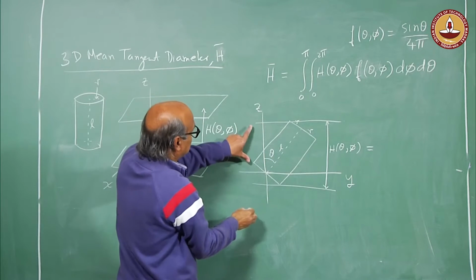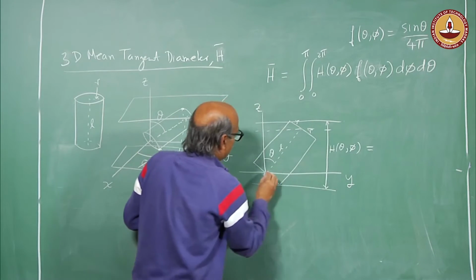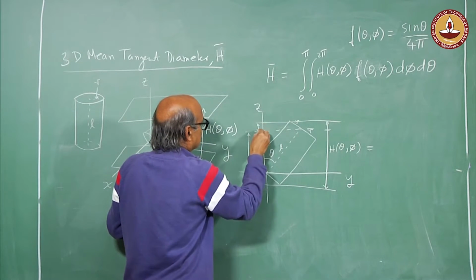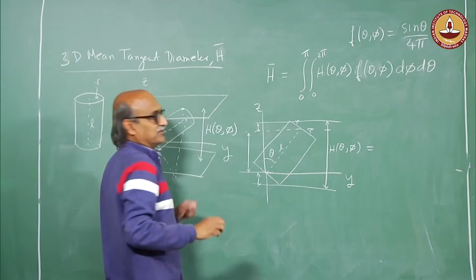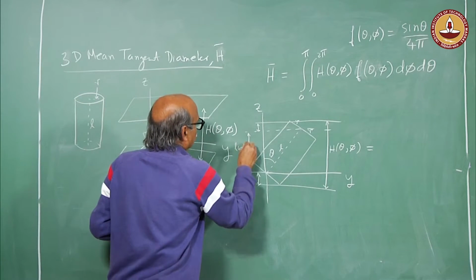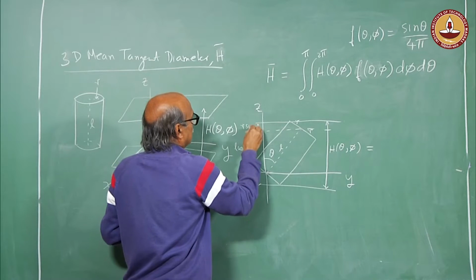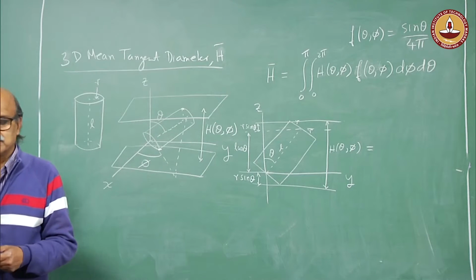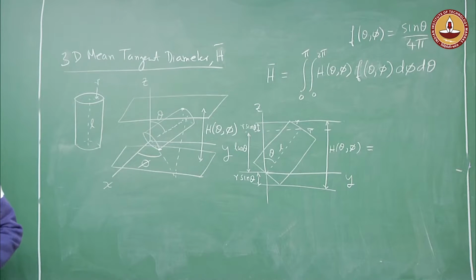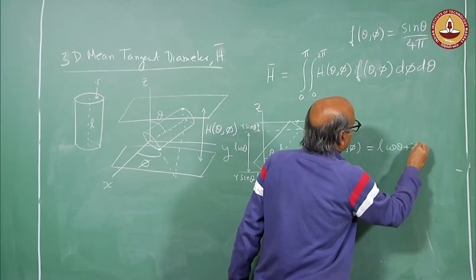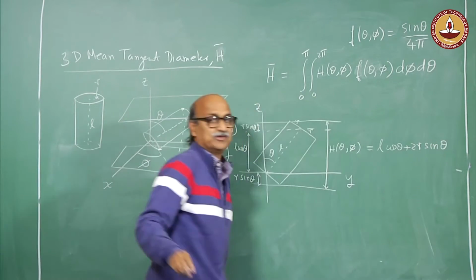to be this, again I can divide just like before. So, I need to find this distance, I need to find this distance, and this distance will be the same as this distance. So, this one would be L cos theta, this would be R sin theta, this would be R sin theta, right. And hence, h theta phi would become L cos theta plus 2R sin theta.